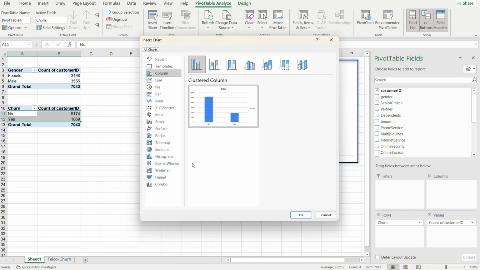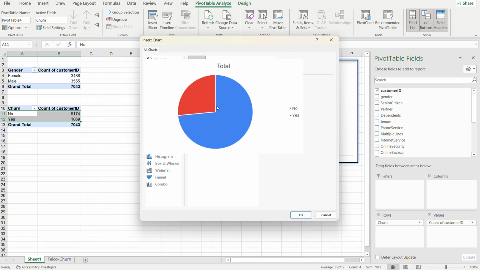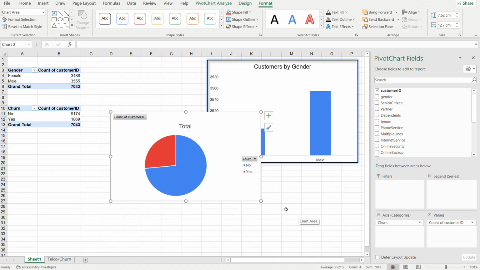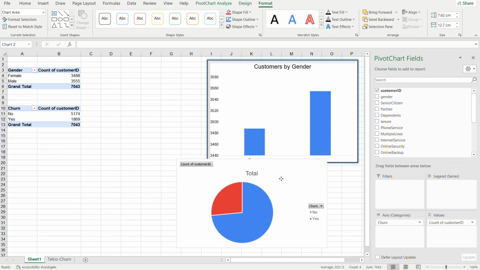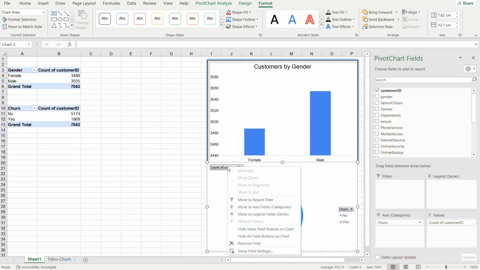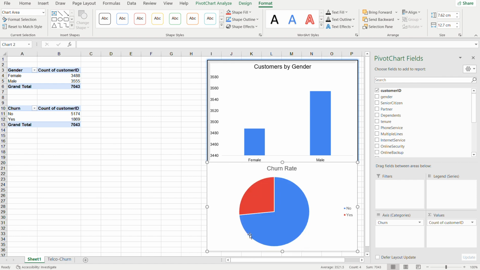And now here I can use a pie chart to show this distribution. So I'll click on it, and the same way I did to the last one, I will also do to this one. This one is a pie chart. I'll rename its title, and this is maybe churn rate. We can just call it churn rate. And now we can hide all these field buttons again, the way we did for the other one,